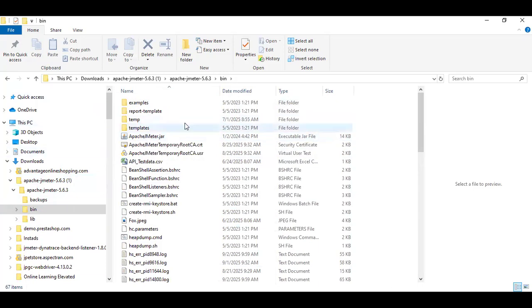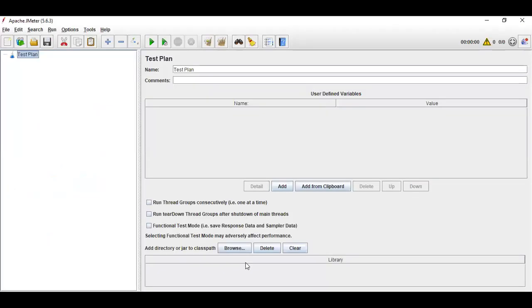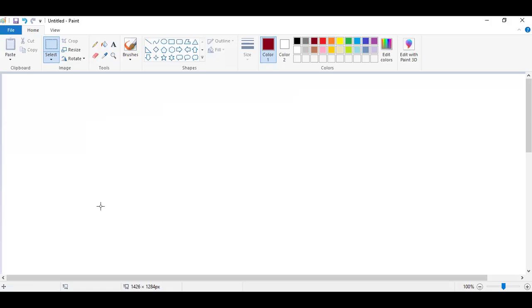And also, you need to add some extensions, like plugins. So what are the plugins you need to add? Those things anyway, I'll share. When you open it blank, you'll get JMeter like this. So first of all, just open JMeter. I will write the steps to create our first JMeter script